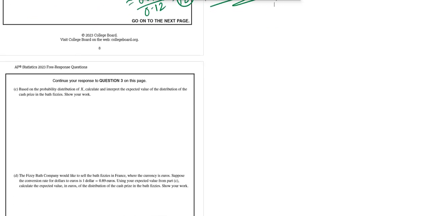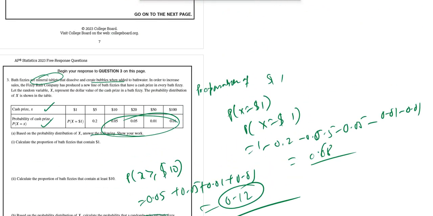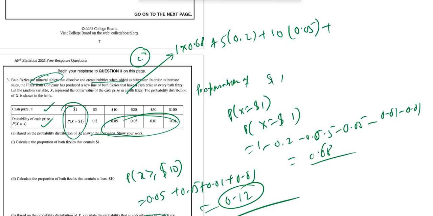Next is, based on the probability distribution of X, calculate and interpret the expected value of the distribution of the cash prizes of bath fizzies. So you work. So in this case, the expectation of X: you just have to multiply 1 into 0.68, this is the probability value. So here for part C it will be 0.68, 0.2 times 10, 0.5, 20 times 0.05, 50 times 0.01. So this will give you